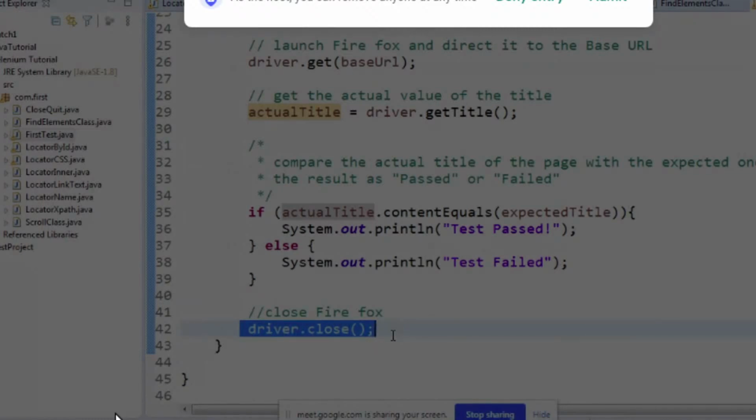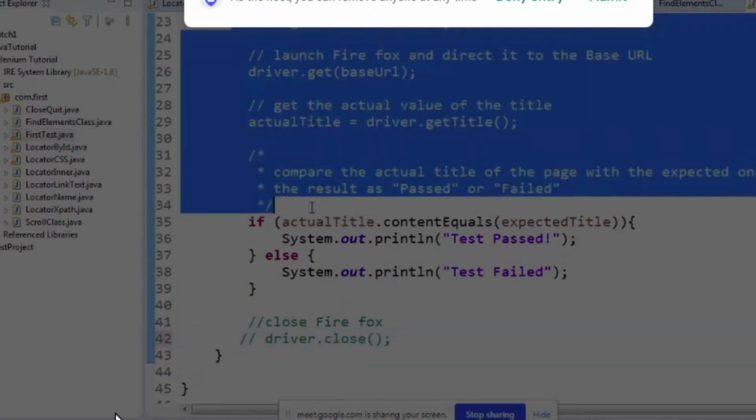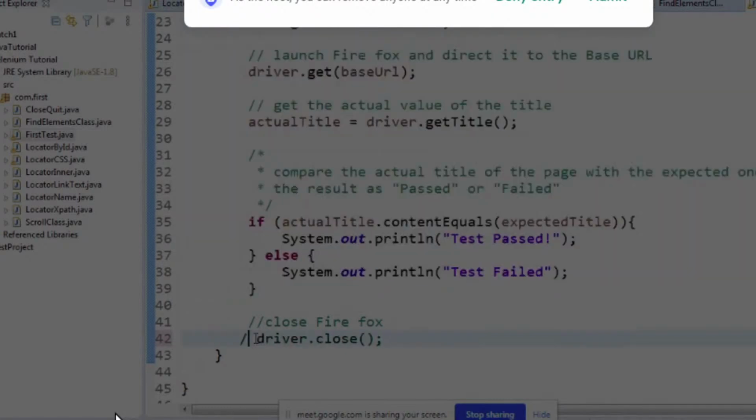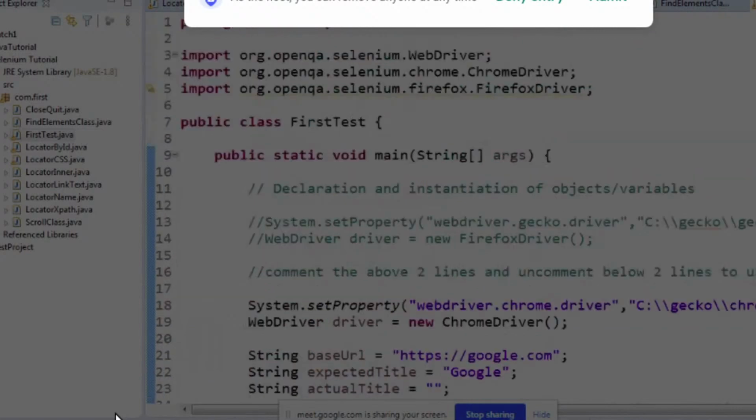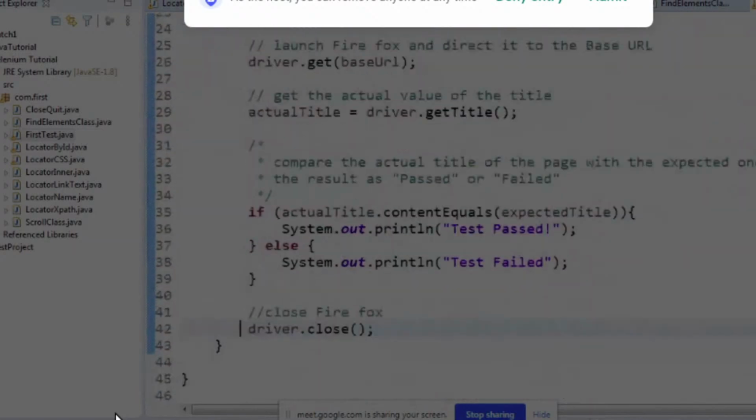Existing session means when you run this program, a separate browser window will open, and after executing these lines, your browser will close. If I comment this line, the browser will not close after executing all these lines. If I uncomment it, then the browser will close. So this is our first Selenium program that we discussed in the last session.